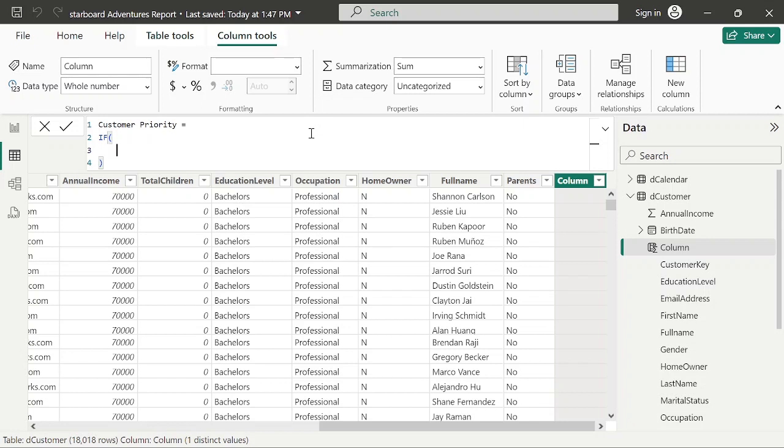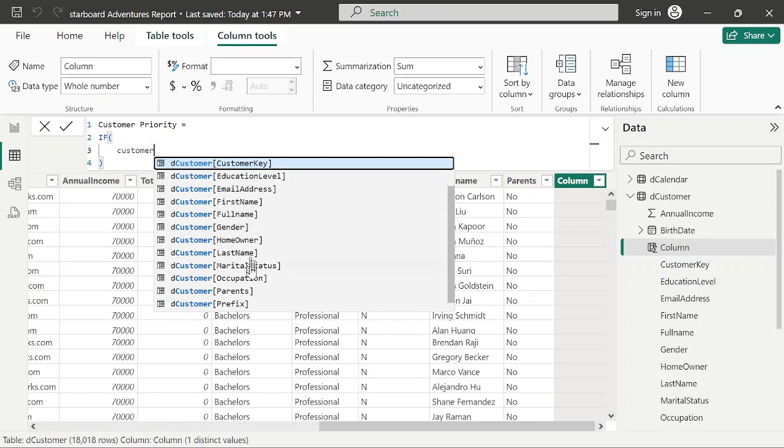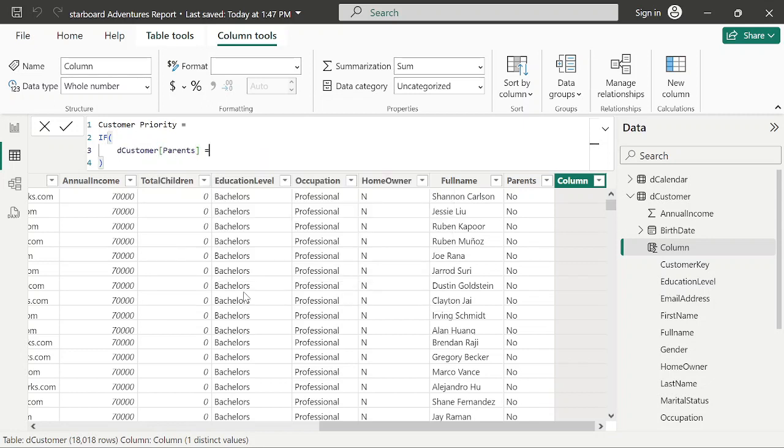If the parent is yes, we are focusing on the parent. And then also if the annual income is greater than that, then we say the priority is this. The priority is that. So we'll use customer priority and then standard. We'll base them on both the parent column and the annual income column. So what we are saying is that if the customer parent equals yes,